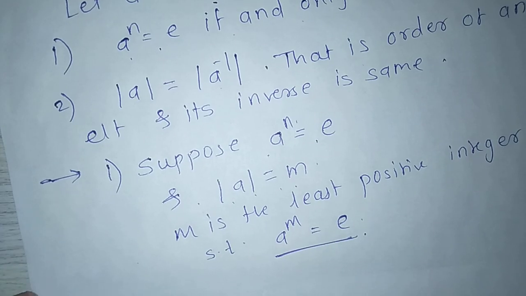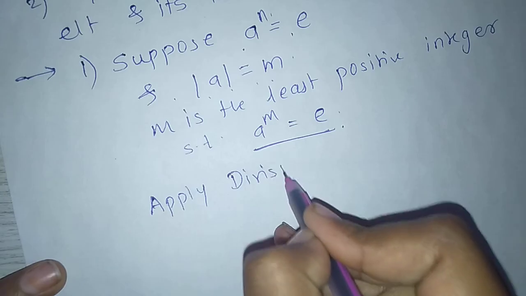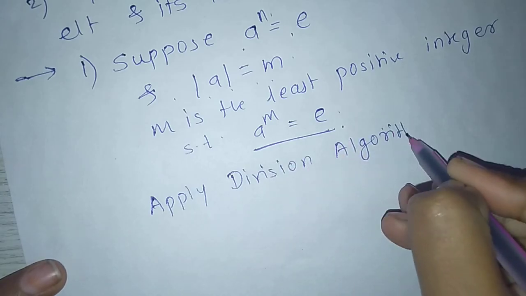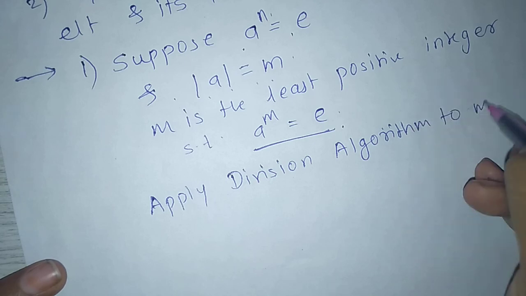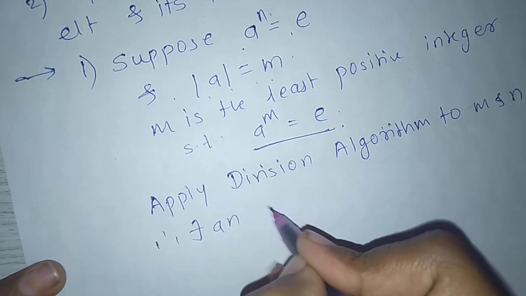Now apply the division algorithm to m and n. Therefore, there exists an integer